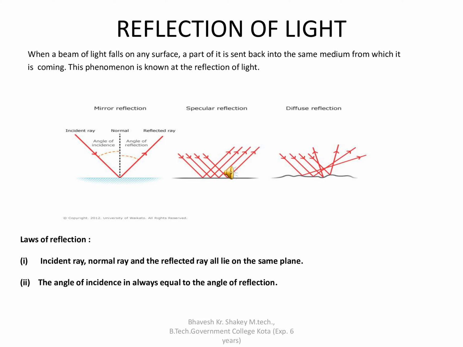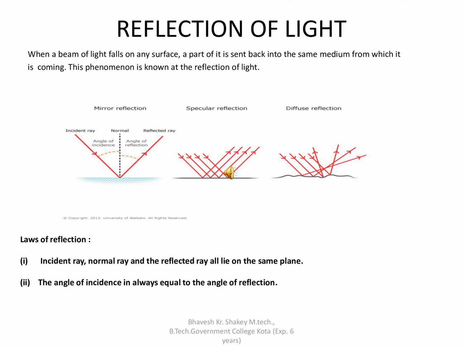So the normal we draw at 90 degrees from the reflecting surface, at the point of incidence. Now there is a ray which is called the incident ray. This incident light ray is coming and is incident at the point of incidence. There is an angle between the normal and the incident ray. That angle is called the angle of incidence, and afterwards we will denote it by